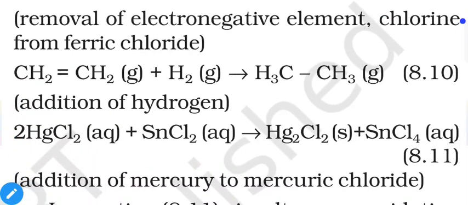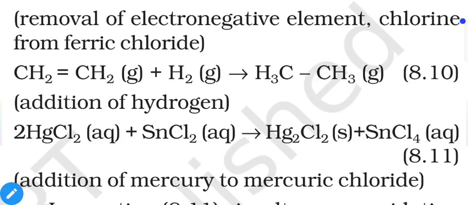Now CH2=CH2 is an unsaturated compound. Unsaturated means it contains double or triple bonds in the structure, and we can add elements without removing anything. That means an unsaturated compound gives addition reactions. In ethene, CH2=CH2, when we add hydrogen, it gives ethane. The carbon-carbon double bond breaks and both carbons get one extra hydrogen. So it is addition of hydrogen, and that's why it is considered reduction.